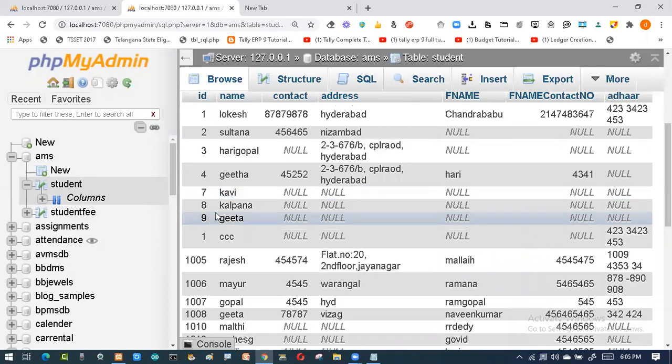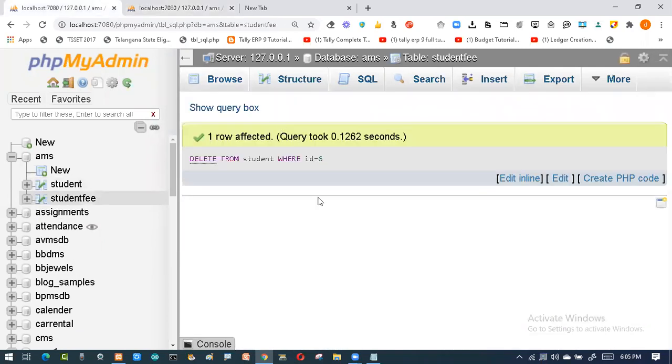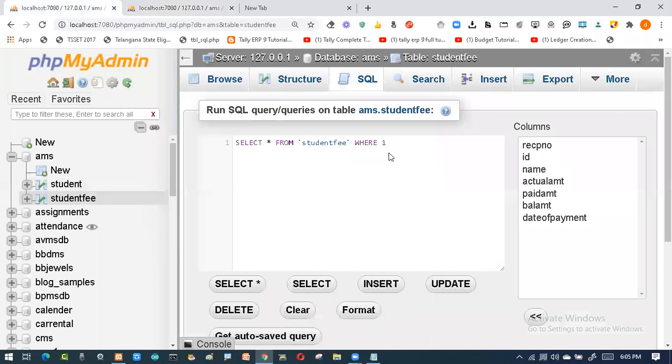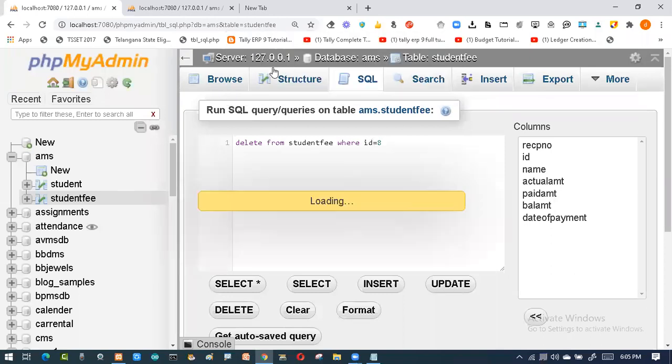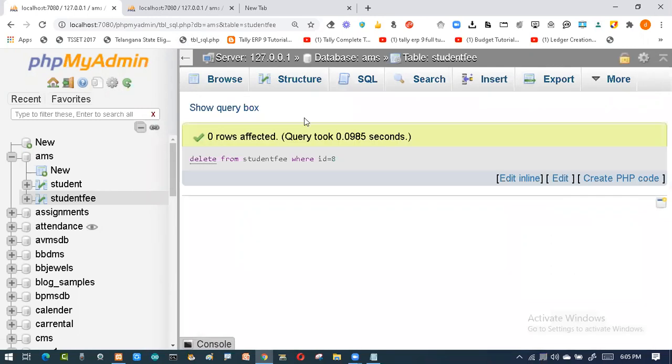Now I'll try to delete the 8th record. So go to your SQL. Then I'll say 8th record. I'll enter it. And I'll check whether we have the 8th record or not.